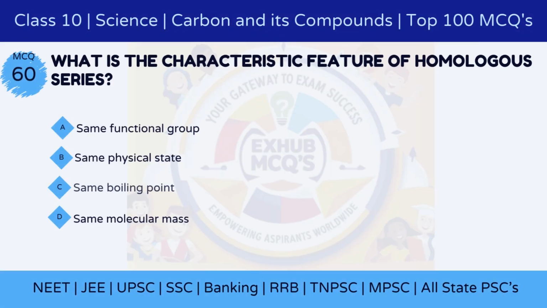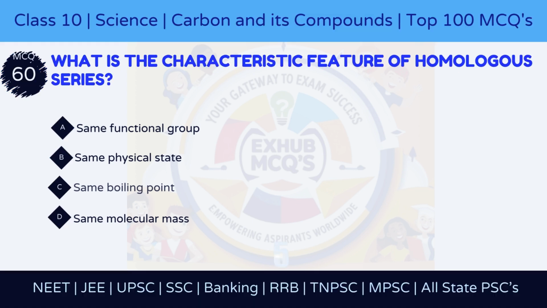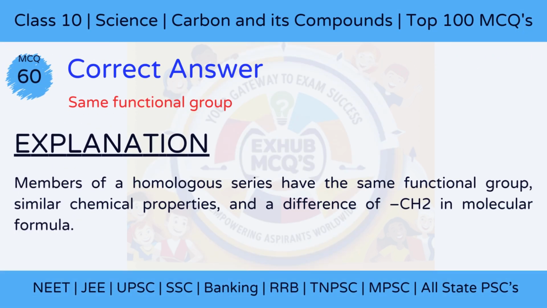MCQ 60. What is the characteristic feature of homologous series? Option A, same functional group. Option B, same physical state. Option C, same boiling point. Option D, same molecular mass. The correct answer is option A, same functional group. Explanation. Members of a homologous series share the same functional group, similar chemical properties, and a uniform difference of CH2